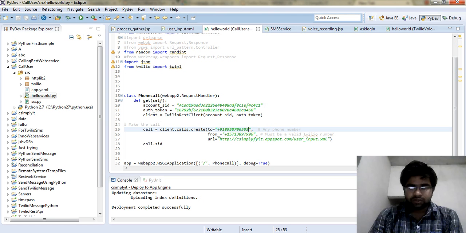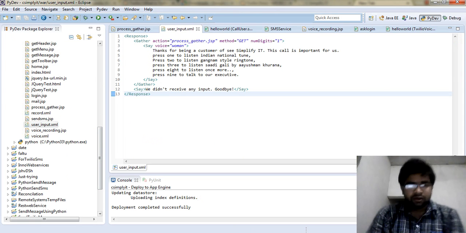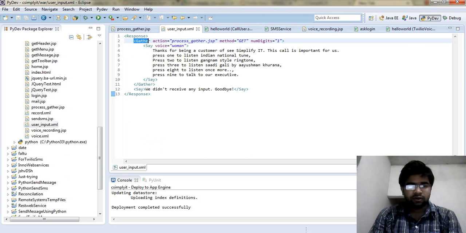And here is one URL that I have put, based on the options. I'm going to show what kind of file I've made, the user input XML. There will be the verb gather.